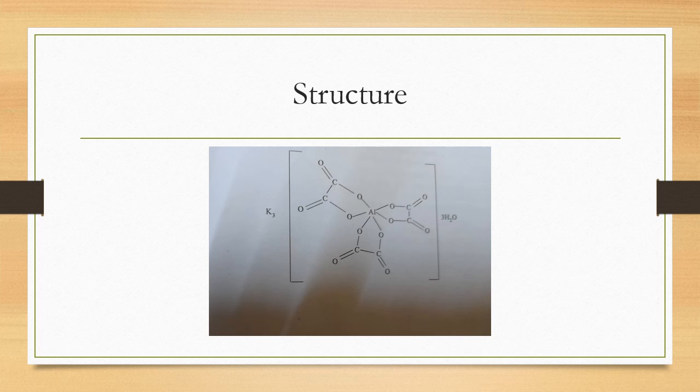Outside the coordination sphere, one can see K3, that is 3 potassium ions, and the valency of the complex ion is satisfied by them. So K3 and 3 water molecules are present outside the coordination sphere. Actually, this is also an aluminate because the complex ion is negatively charged, and here there is a resonance between the